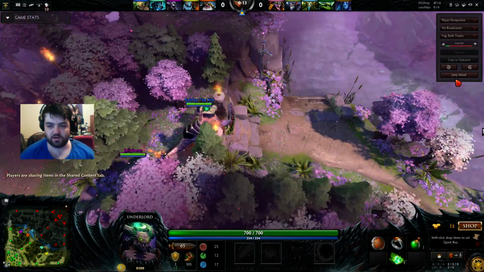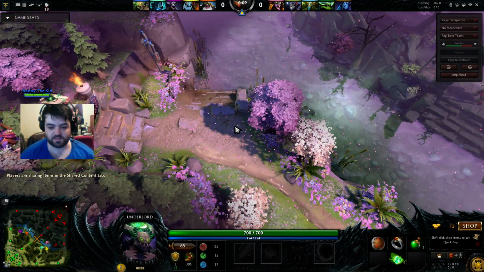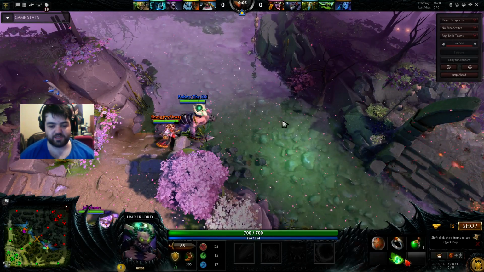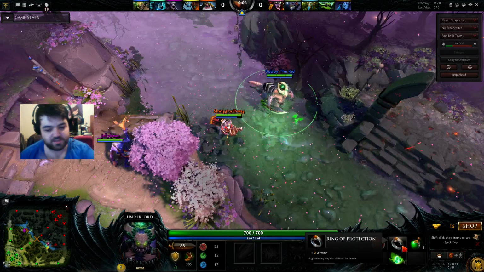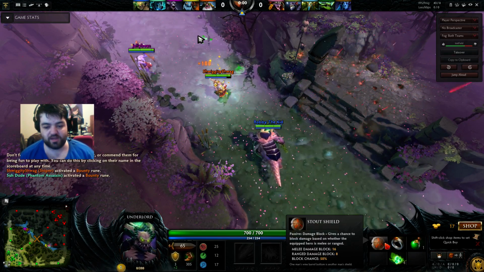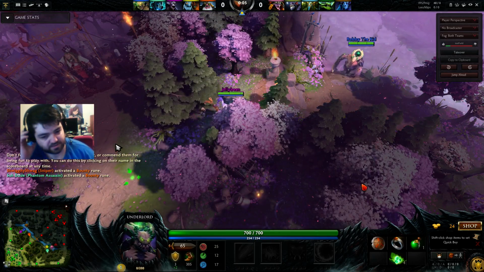So to start out here, I decided that I'm going to have a whole lot of regen. I wanted Tangos, Healing Salve, let's get moving. Ring of Protection for a little bit of armor in my lane, and Stout Shield. Stout Shield I feel like was really good just because